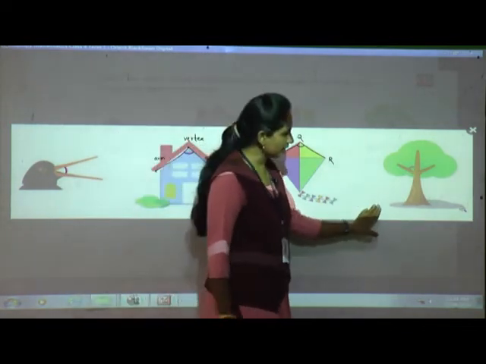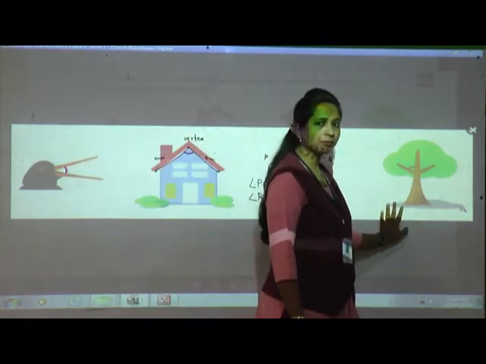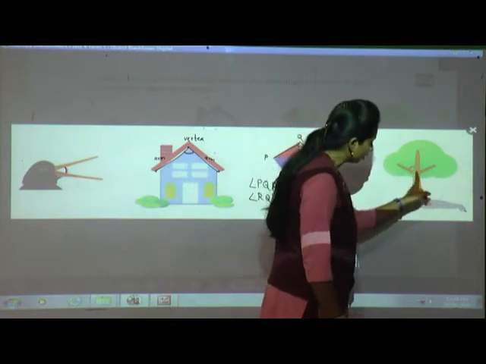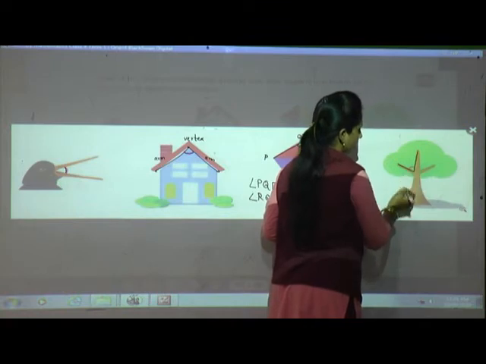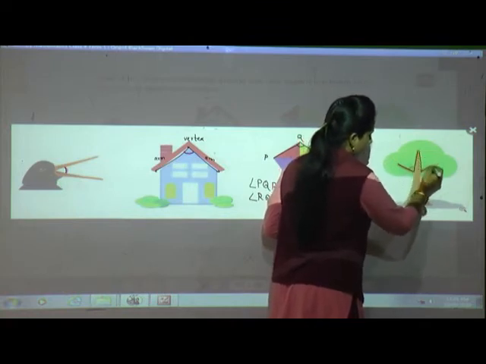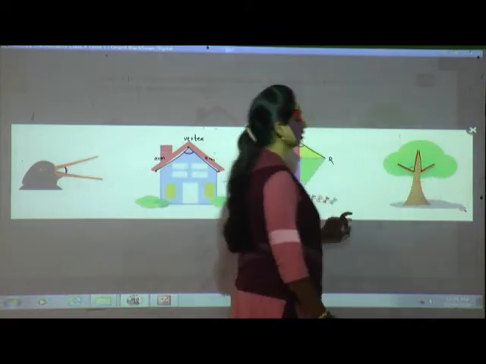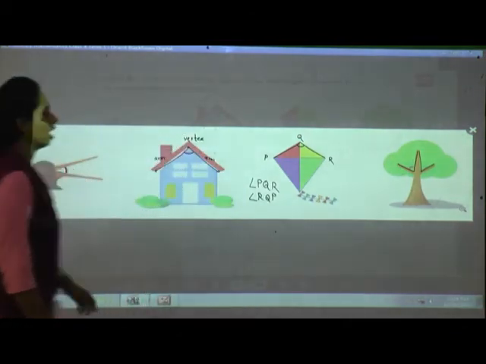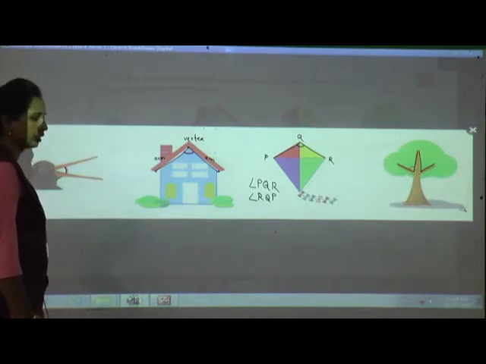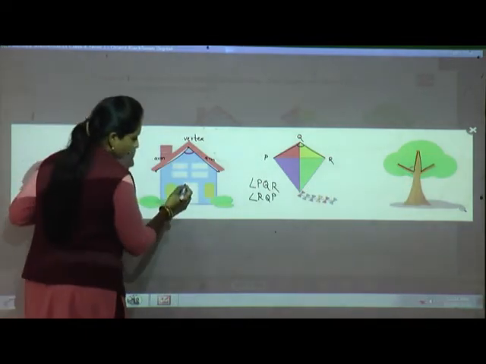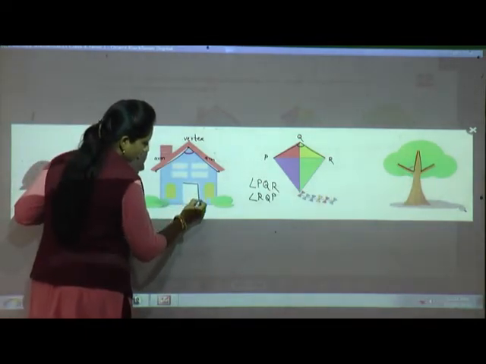Now look at the tree. See where the angle is formed? Can you observe here? Yes, here it is. This is the middle. Even we can form one here also. Correct? Yes. Now they have already formed these. Can we form more angles in this picture, students? Can you? Yes, we can see here.